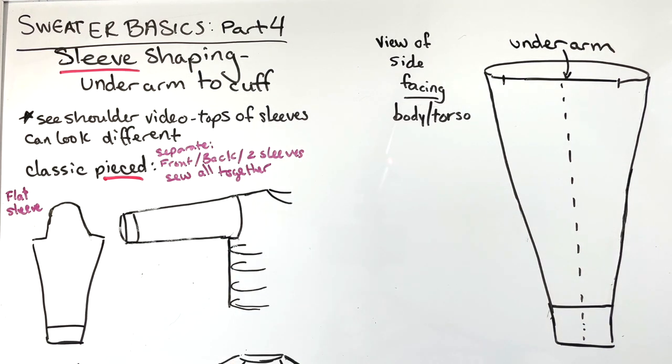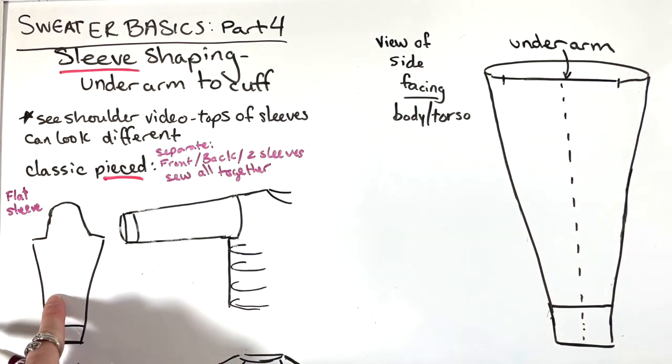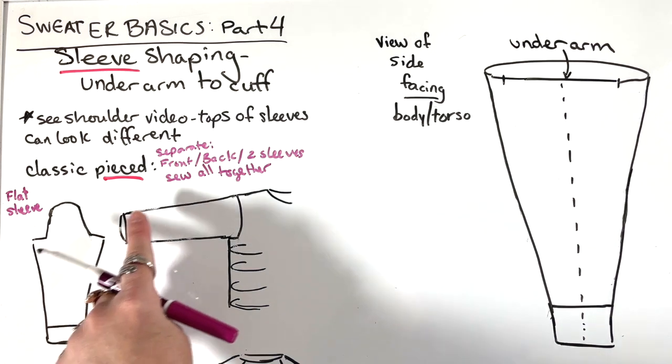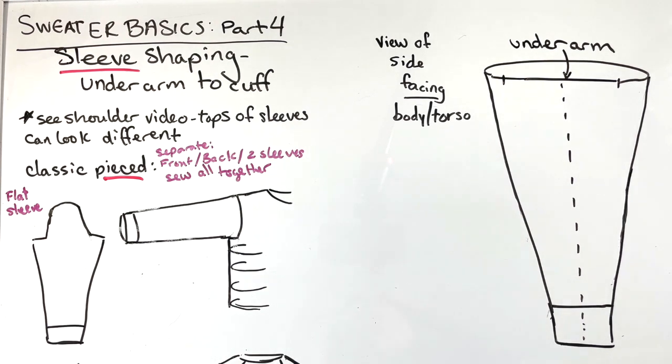Now, try not to fall into the trap of I only have the sleeves left, I'm almost done. Because this is sometimes almost as much knitting as the front piece or the back piece itself, because it's got to wrap all the way around your sleeve. A classic pieced sweater often looks like this. It is inset, but how this gets to that, it's a little bit crazy. So a pieced sweater, which may not be exactly what we're going to focus on today, but it's good to know about, is often knit bottom up